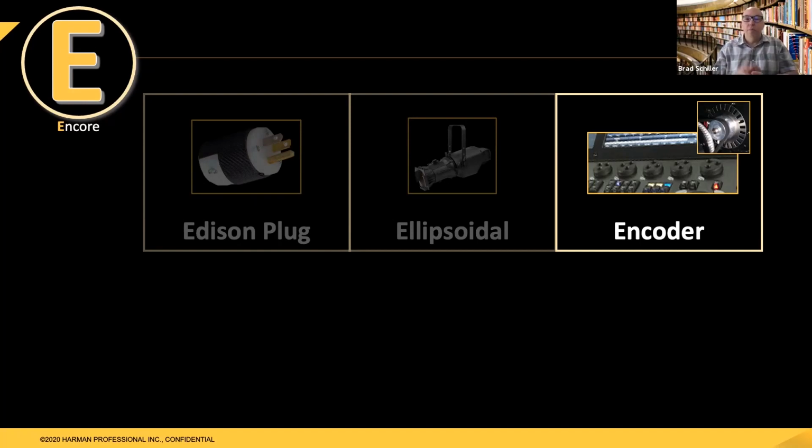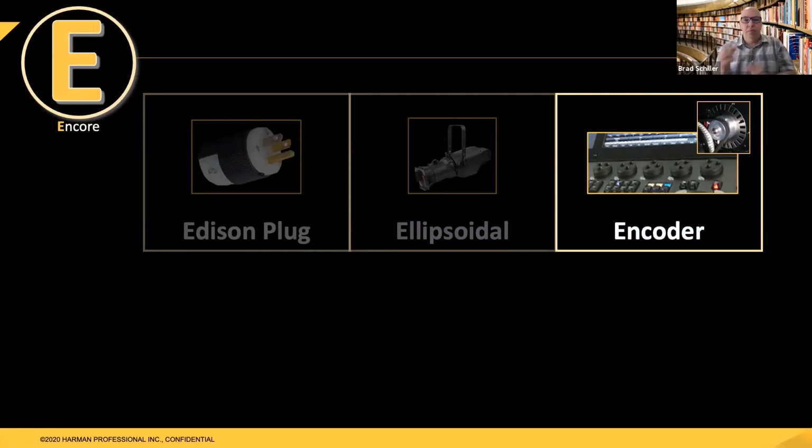Encoders are very useful for human tactile input, and we all like to have lots of encoders on our lighting consoles. But our moving lights also have encoders in them. And then the encoder actually counts movement. So when you're moving and panning a fixture, an encoder is a tool similar to what you see in the image there. It's a little round thing with cutouts. There's many different ways to do it, but that cutout rotates along with it, and electronically, the fixture can count and know where it is positioned.